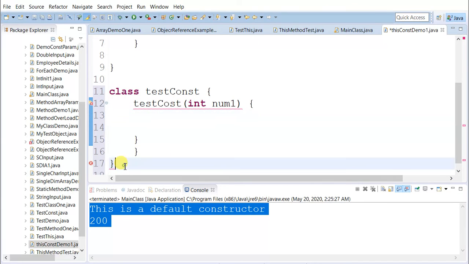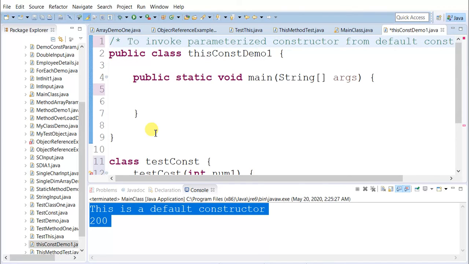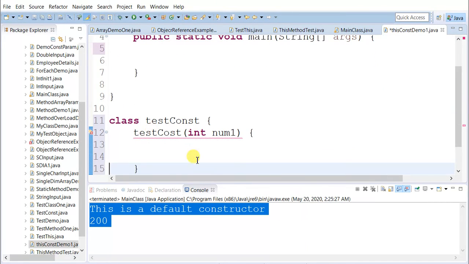One sec. What is the problem with this code? Just a moment, I'm getting some error. Yeah, now my error is gone.